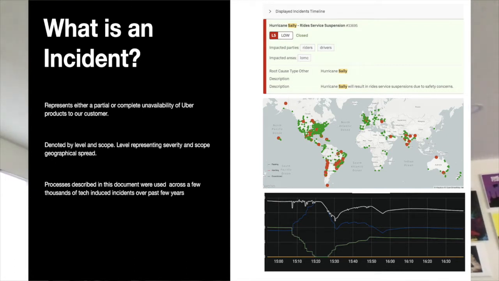Every incident at Uber is denoted by two properties: scope and level. The level property can be either 1, 2, 3, 4, 5, and indicates the severity of the incident. For example, a level 5 incident will be a complete outage of a service or of our core functionality, while level 1 means business as usual. Level 4 means it is external but not core functionality. And level 3 means it is an incident but it is not impacting our external users. It's only limited to internal. While level 2 means either something like a planned incident or something that has the potential to deteriorate but not yet.